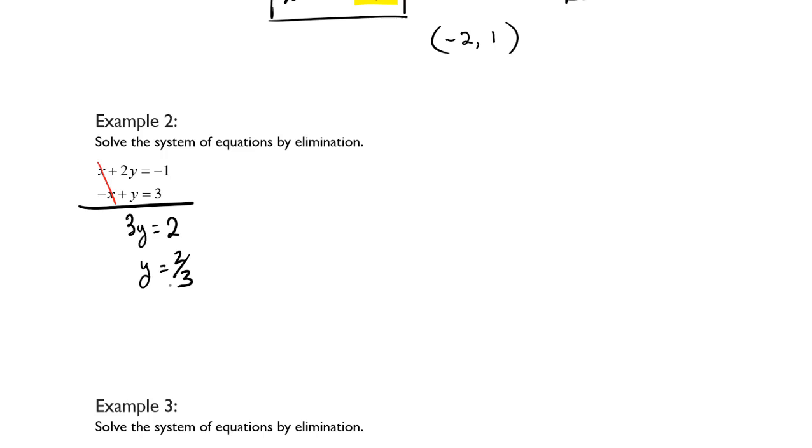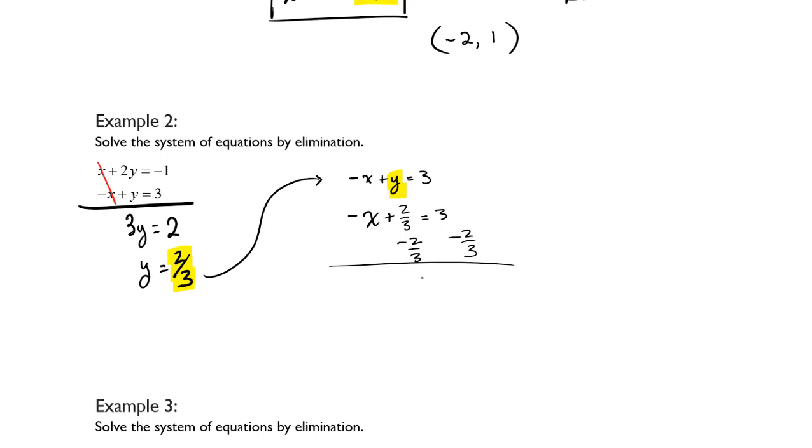Now I can just use that y value in one of the original equations. I'll go ahead and use negative x plus y equals 3, where I substitute the 2/3 in for y. This gives me negative x plus 2/3 equals 3. Subtracting 2/3 from both sides gives me negative x equals